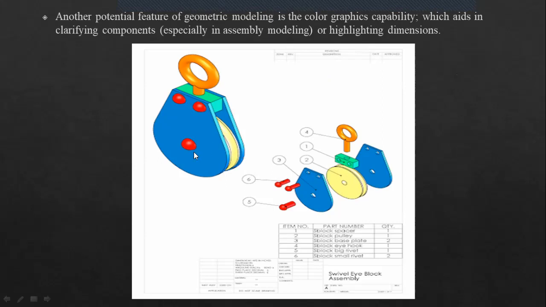The placement of it, all these things can be visualized. This becomes more important in assembly modeling. The more complicated the model is, the more benefit you get because of this color graphics capability. And not just that, even highlighting of dimensions, the same applies to that.